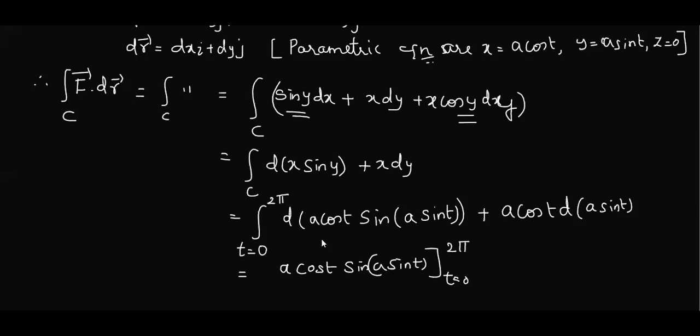Now I'll keep this term one more as second term and I'll do the integration. Now you can observe here, this is a which comes out, correct? So a I can take out. Next it is integration of cos t, cos t. Next it is d applying on a sin t. What is the meaning of d applying? It's a differential operator. So what is the derivative of a sin t? Differentiation of a sin t will be a cos t. So that a and this a I'll write a square, and the derivative of sin t obtained, which is cos t, I'll make this as square. Is it correct?